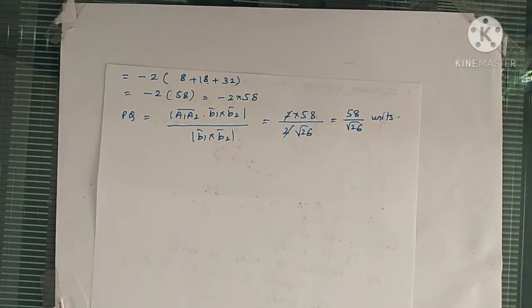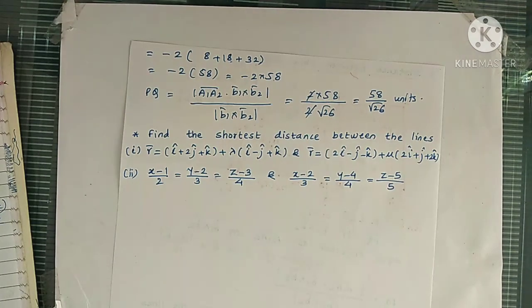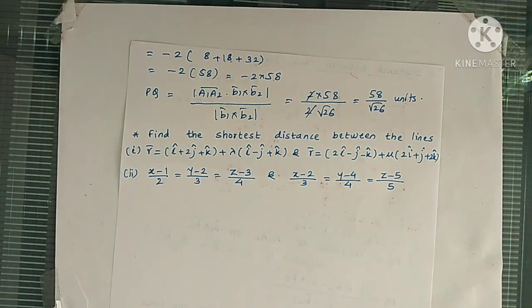So it's really very simple. Identify the points, the direction ratios, use the formula and substitute in the formula. Okay. So this is your today's assignment. Find the shortest distance between the lines. So for one pair of lines, the equations are given in vector form, and in the second question those equations are given in Cartesian form. So we have solved both types of questions.